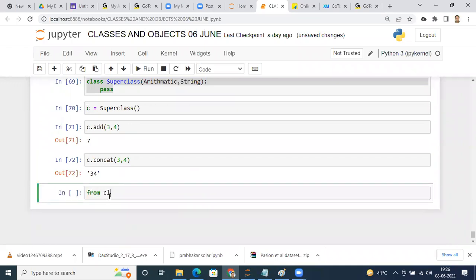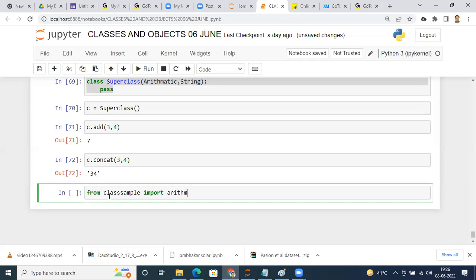Okay, what is the file name? Remember, class. Let me press tab. I think it should capture automatically, class sample. Yes, import. If I mention a star here, it will import all the classes that you have mentioned there, right? But I want to import what? I want to import example arithmetic